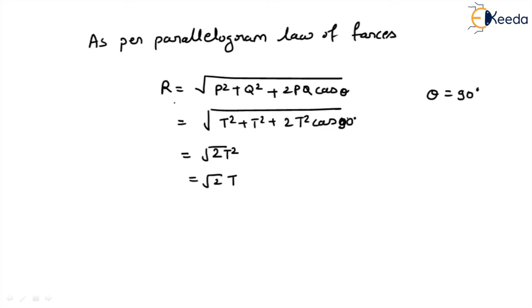So if we want to define this value of force or the pressure on the pulley, it will be defined by the parallelogram law of forces. So it will be under root of P square plus Q square plus 2PQ cos theta. Here both the sides we are considering as two sides of the parallelogram. The angle between the two sides of the string we are considering as 90 degrees, so the value of theta will be 90 degree. If we apply this and consider T1 equals T2 equals T, the final term we will get will be under root of 2 into T. So this is defining the pressure over the pulley.